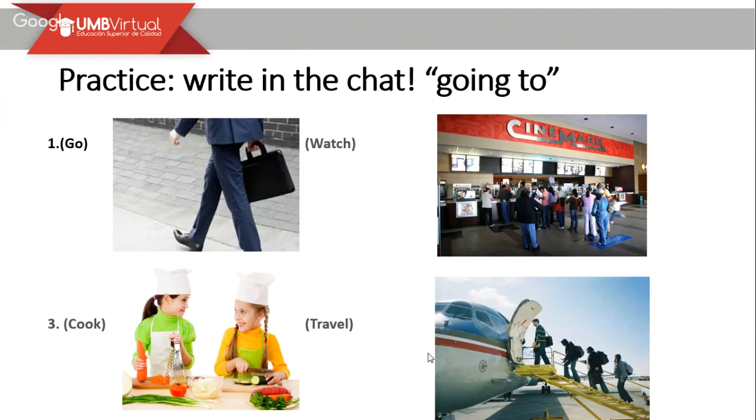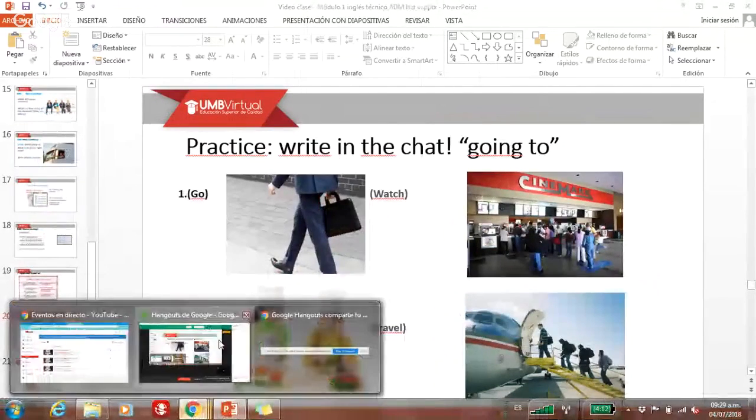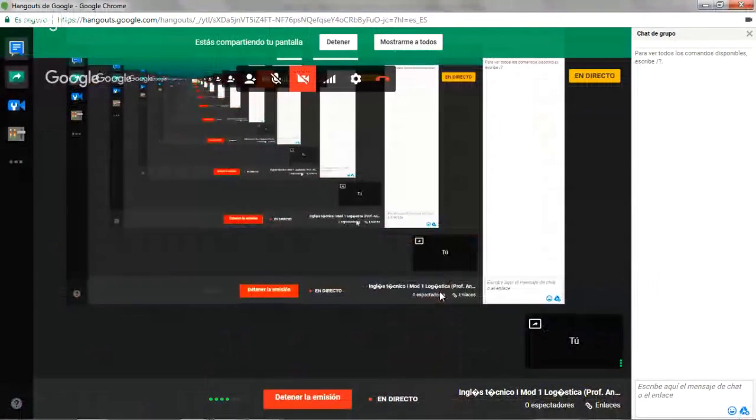Practice for the first one, write in the chat going to. Yeah, there is going to be pretty much in this one. So we have the following verbs: go, watch, cook, and travel. Ok. Ahora vamos a practicar. Ustedes me van a decir qué tipo de oraciones podemos hacer teniendo en cuenta dichos verbos, las imágenes que vemos allí y haciendo uso del going to. So I'm going to wait for you. If you want to participate, you are right here. I'm going to go right there, but there are no spectators, so